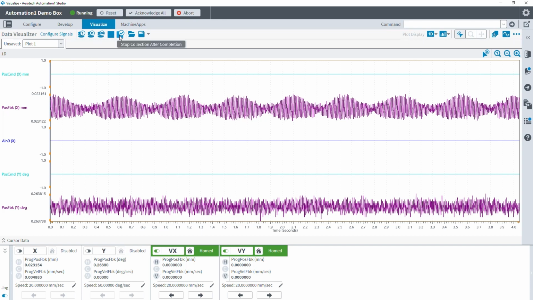We've then got a stop collection button and a stop collection after completion button. The stop collection button will stop any collection in progress immediately, and the stop after completion will stop a collection after it's finished its snapshot. So the collect repeated snapshots option just keeps taking snapshots one after the other. If you were partway through running one of those, the stop after completion button would stop it once it